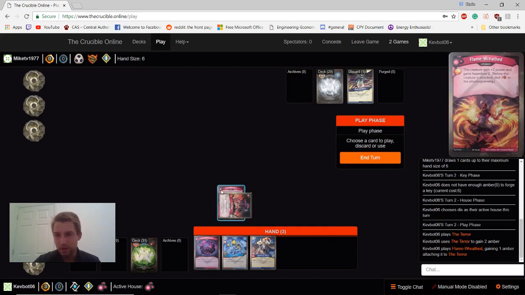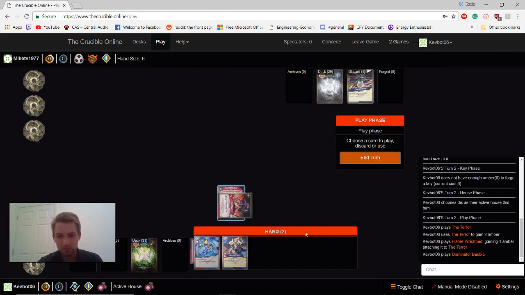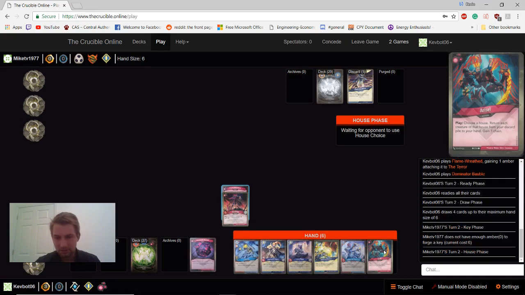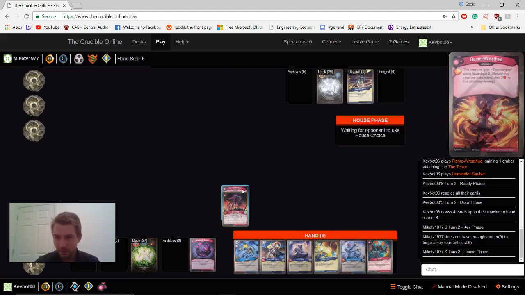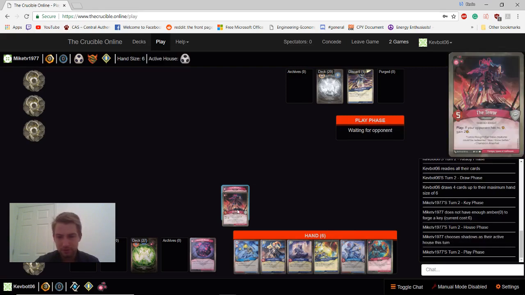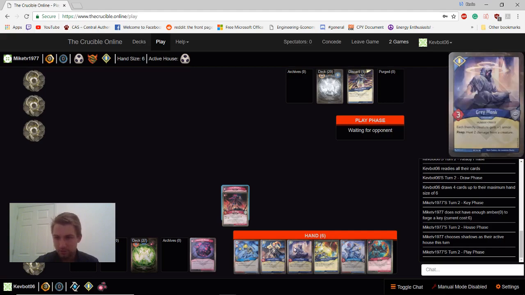Gets another 2 power and gains Hazardous 2. And then our Dominator Bottle. And that's a pretty good turn right there. Gosh, why do I always draw this in the early game? I swear. It's okay, I guess. So yeah, this is really good to have out here. So it's got basically a 7-power creature here. Next turn,